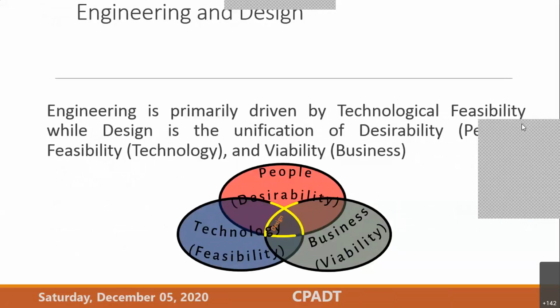Now, if you look at the figure here, there is a combination of three things. The first circle above, in pink color, is people desirability. What exactly are the people's needs? What do people want? What are their needs? What is the customer expecting? What is his problem? This is your people's desirability. The blue shade shows technological feasibility. Whatever problem has been identified, will it be possible for me to solve that technically? And the gray shade, the circle with the grayish shade, talks about